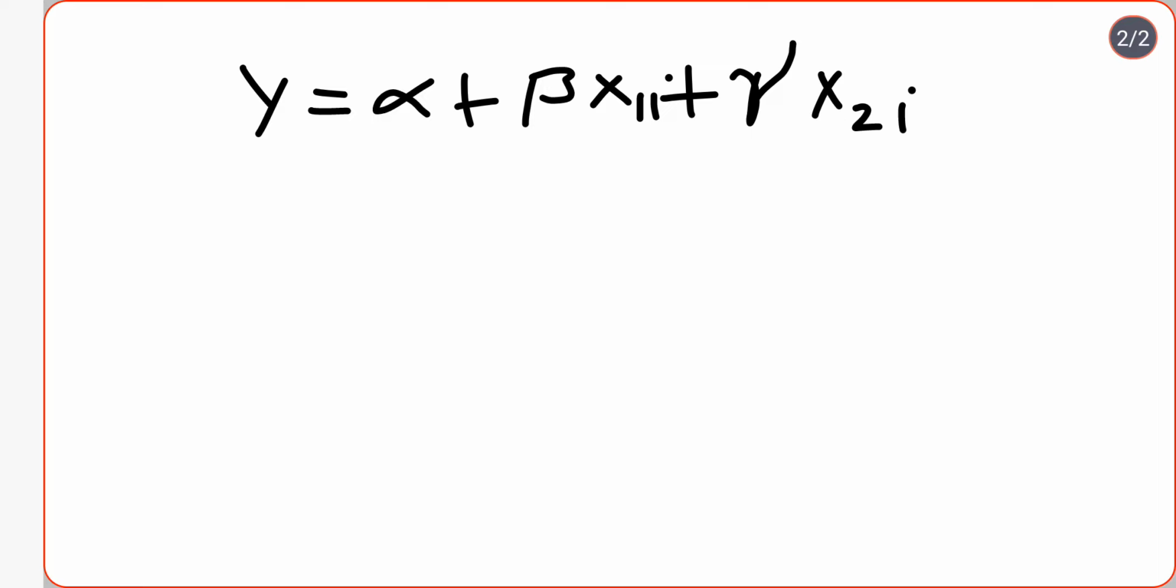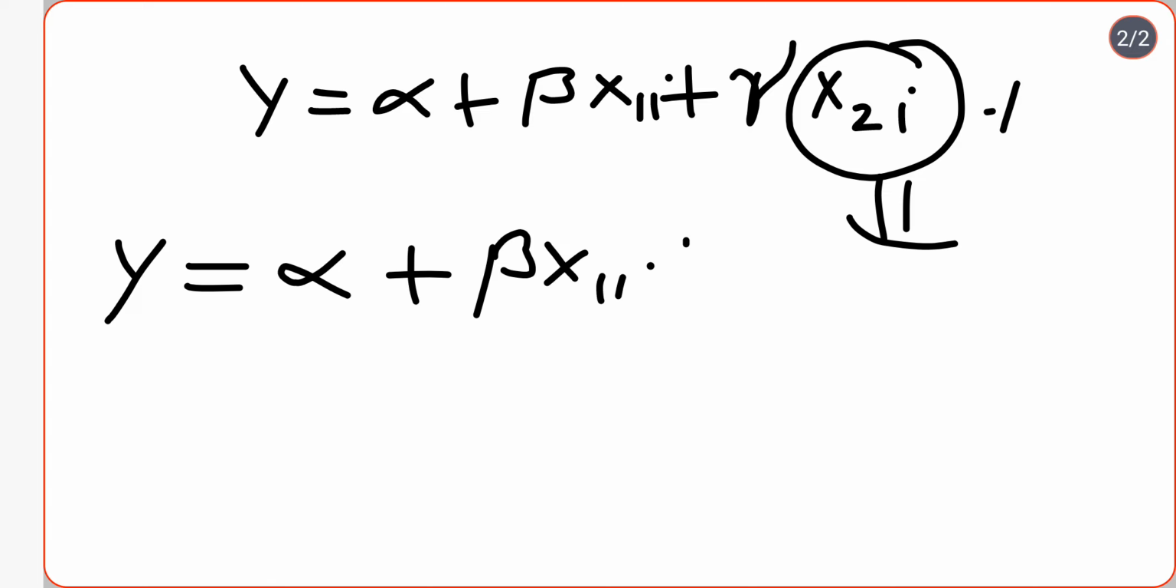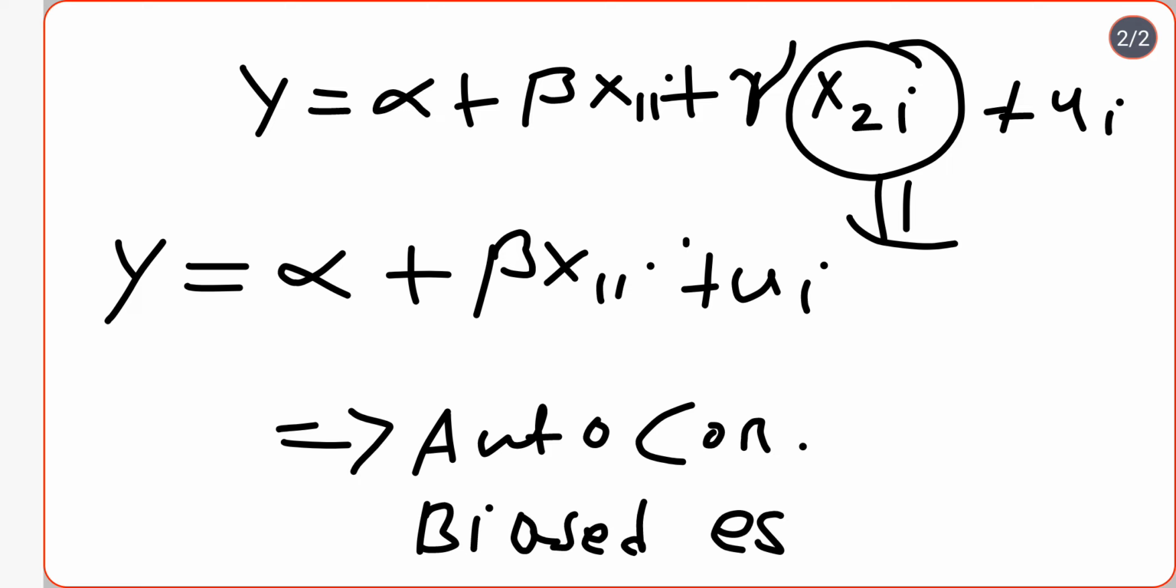Now if I by any chance omit this x2i, this is obviously an explanatory variable, and if I omit this explanatory variable from the model, and write the model as y equals alpha plus beta x1i plus the error term, I have omitted this x2i variable. Now in this type of case, when we are omitting an explanatory variable, then that may lead to autocorrelation. Okay, that may lead to autocorrelation, and that may also lead to biased estimates. So these two things are very important, and